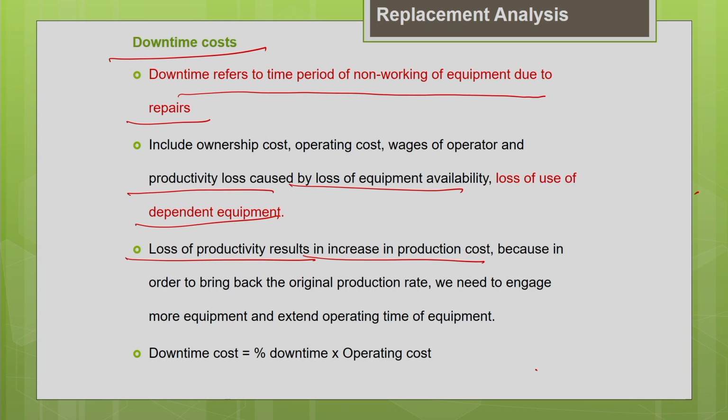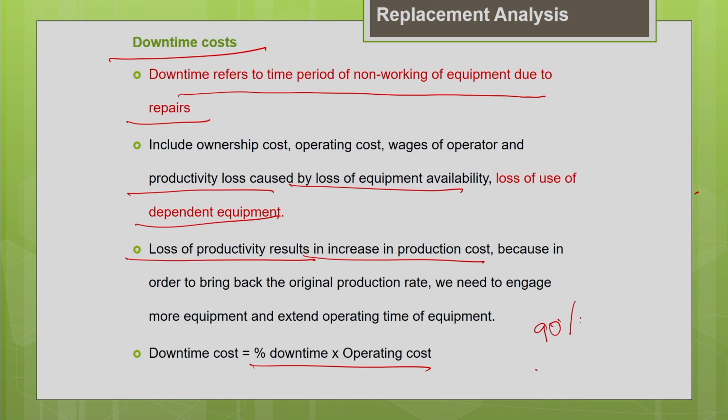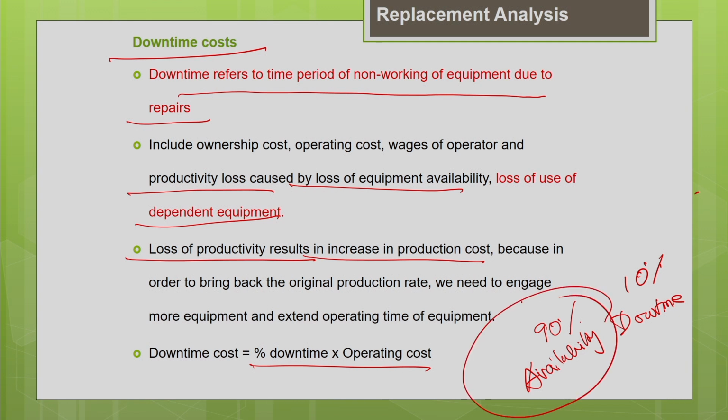Basically, the downtime cost is usually expressed as a percentage of the operating cost. In different literature they express it in different ways: as a percentage of the operating cost, or a percentage of the equipment rental charges, or a percentage of the equipment cost. But basically what you need to know is what downtime is. It's the time the machine is not available for a job. Say for example, your machine availability is 90% of the total time. If its availability is 90%, then obviously the downtime will be 10% of the total time. I am talking about the time. So if the availability of the machine is 90%, then the downtime, when it is not available, is 10%.